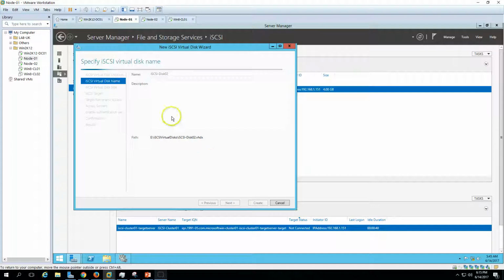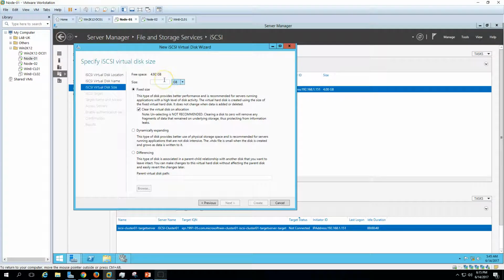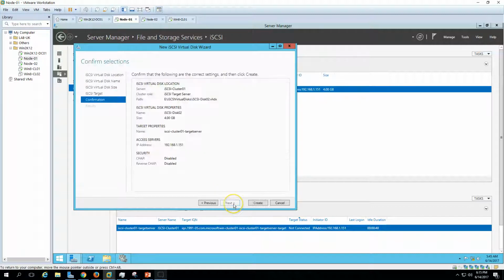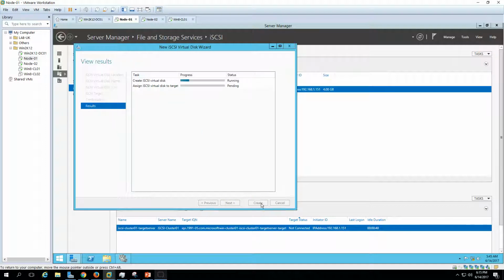Click next, and the virtual disk size it will ask in the next window. So 4 GB and fixed size. Click next. Now we have created one target, so I'm going to associate it with the same target and click connect,